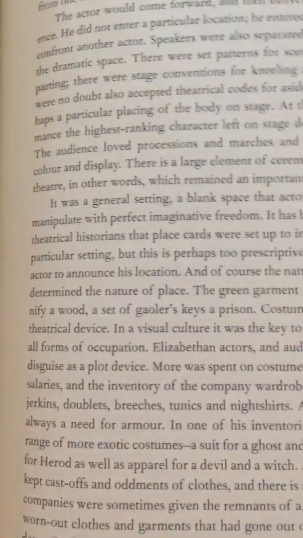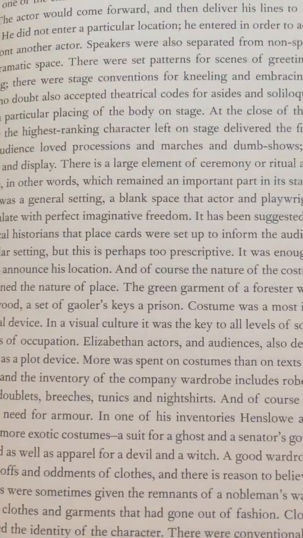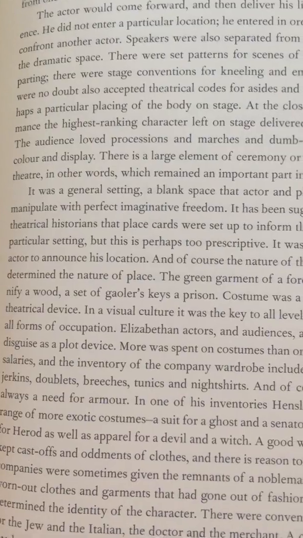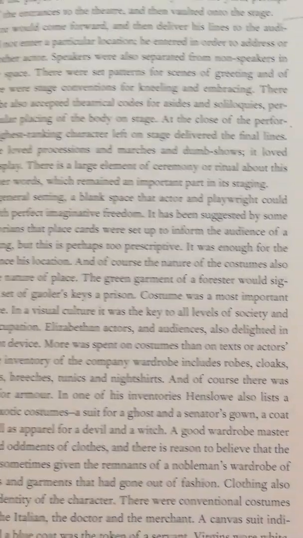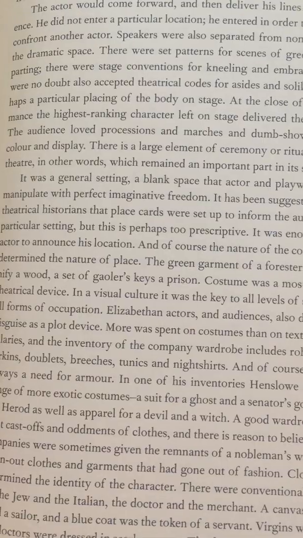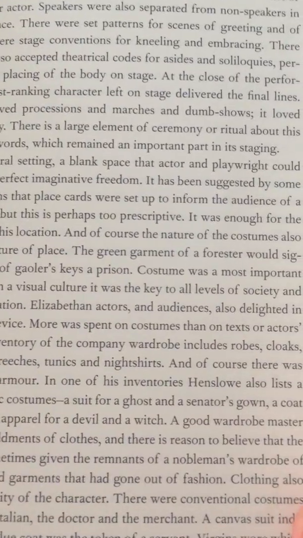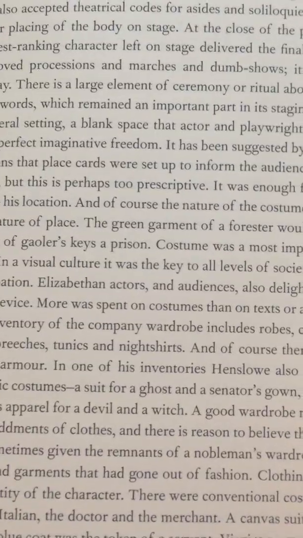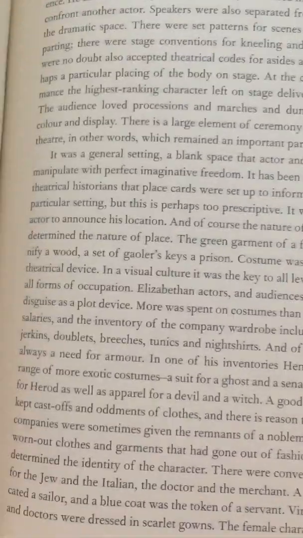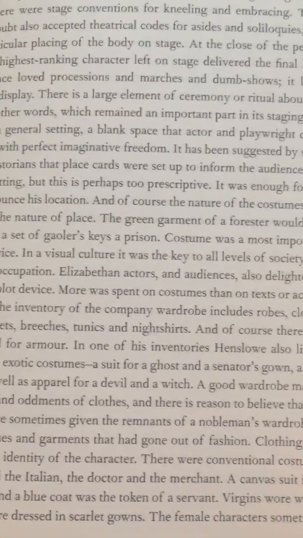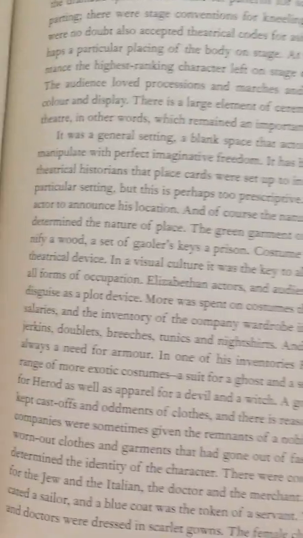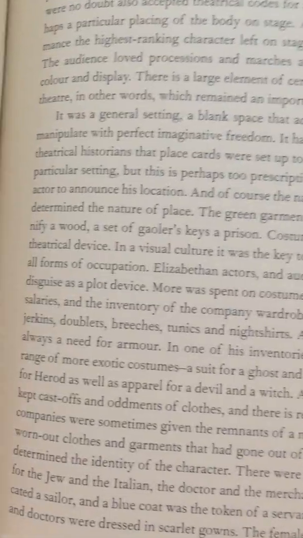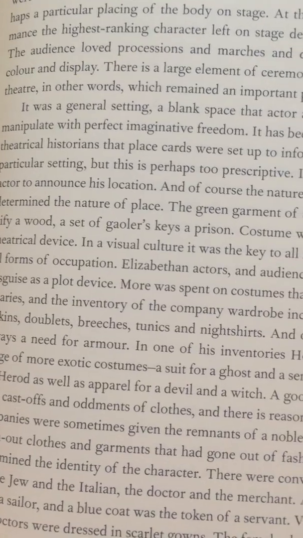its staging. There was a general setting of blank space that actor and playwright could manipulate with perfect imaginative freedom. It has been suggested by some theatrical historians that place cards were set to inform the audience of a particular setting, but this is perhaps too prescriptive. It was enough for the actor to announce his location, and of course the nature of the costumes also determined the nature of place. The green garment of a forester would signify a wood, a set of gaolers' keys, a